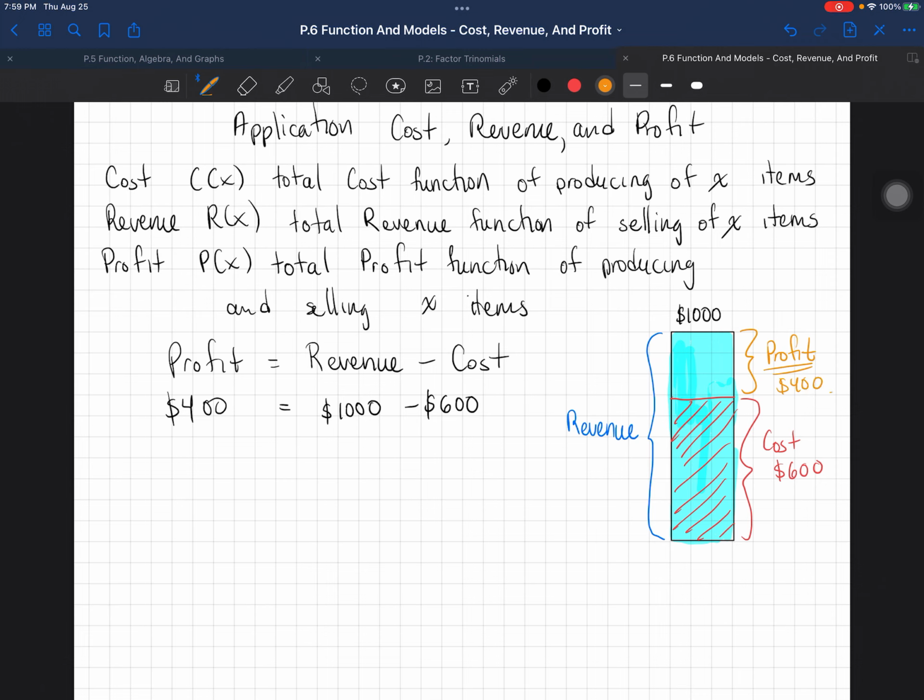All right. So we'll try a few examples in a second, but this is the general concept of cost, revenue, and profit. We're gonna actually explore these further, and often what we're gonna do is represent the cost function, the revenue function, and the profit function as another expression, or a function of x or s or p, right? So they're all gonna be described